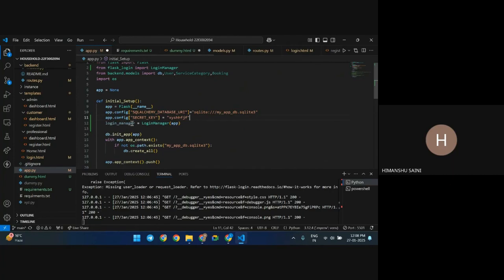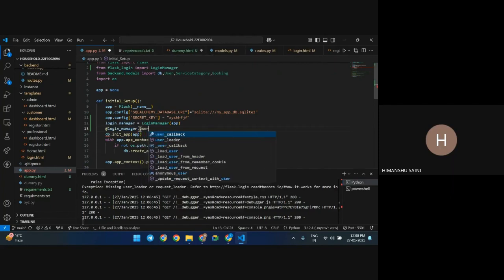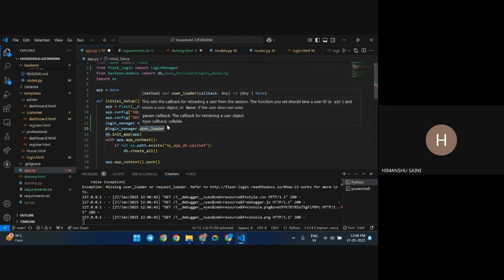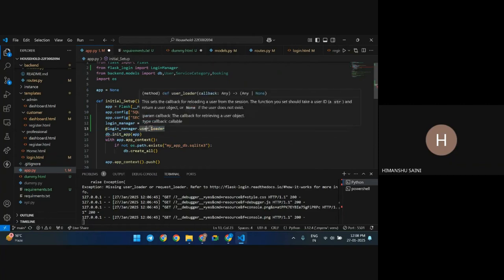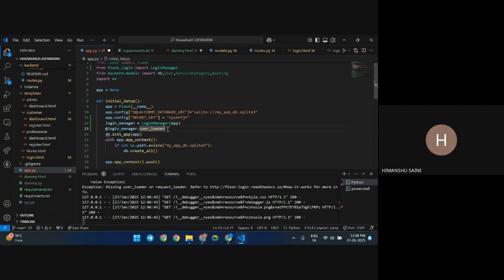I created this login manager, an instance of LoginManager. I will use this login manager dot user loader. This is a user loader function that loads the id of the user from the session. I'm specifying a function,